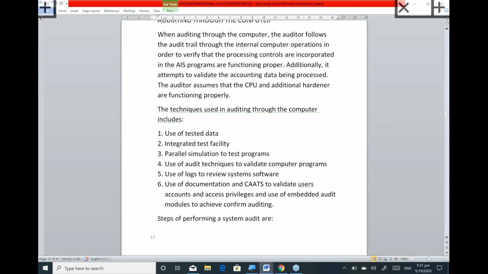Then 1, review. When we talk about the steps of performing a system audit, you review. In this phase, the system auditor tries to comprehend the management practice and various functions used at multiple levels of its hierarchy. So you look at the system that you want to use, and you review it.